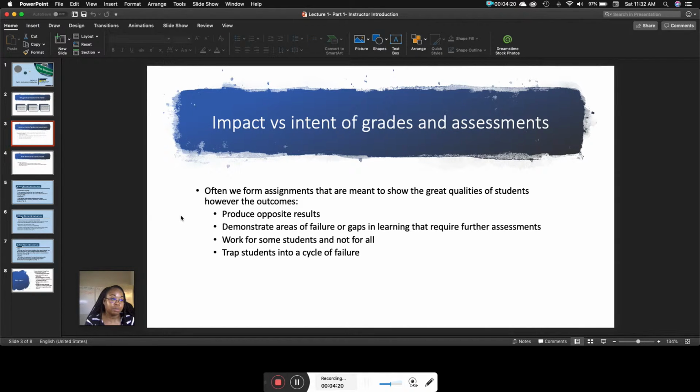And then sometimes the outcomes of our assignments trap students into a cycle of failure. For example, if you have a student who is often absent from class, you may have to change the way in which you grade and assess. Why? Because if they have challenges either emotionally or personally that are pertinent to the school environment or in their home life, it's going to impact their ability to complete assignments.